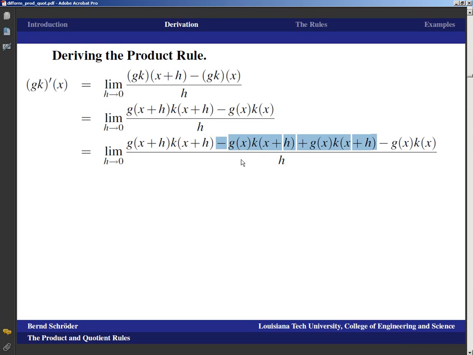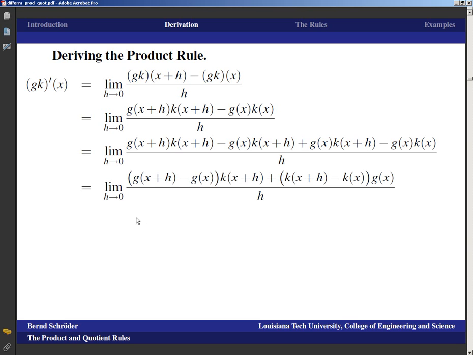And this is, again, something that you would be training in detail in a proof class. Here we're just doing this for background. But what we can see is that in the first terms, we can factor out a k of x plus h, and in the terms at the end, we can factor out a g of x, and that's nice because that leads us to the limit as h goes to 0 of g of x plus h minus g of x quantity times k of x plus h plus k of x plus h minus k of x times g of x, quantity times g of x